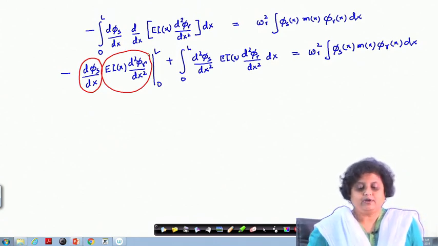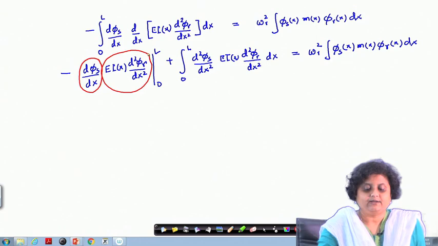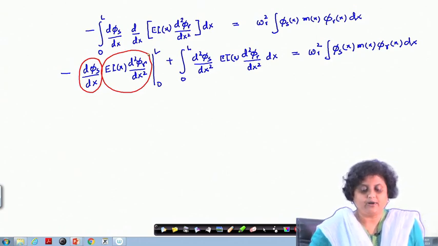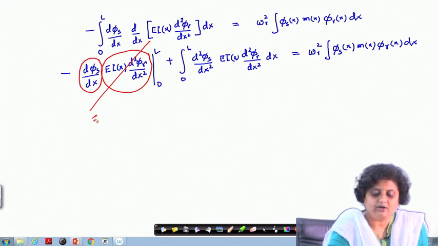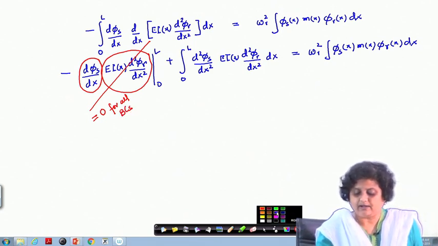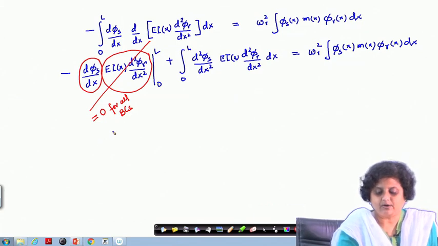And also if it is simply supported, this part which denotes the moment is equal to 0. So, this whole boundary term goes to 0 for all boundary conditions. Therefore, we are left with a very simple equation of 0 to L d2 phi s